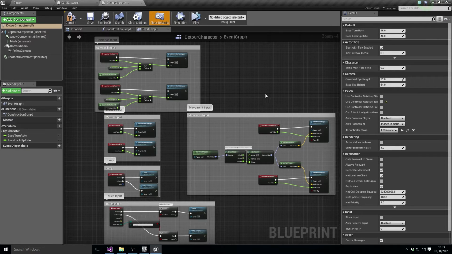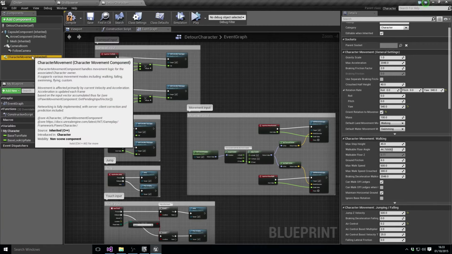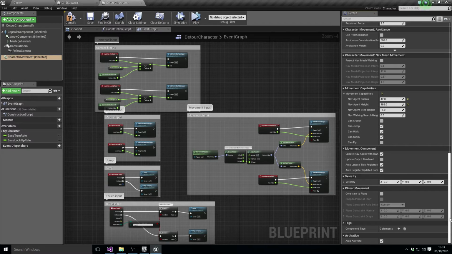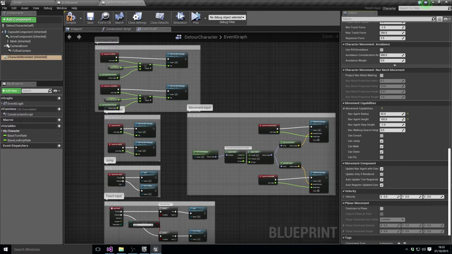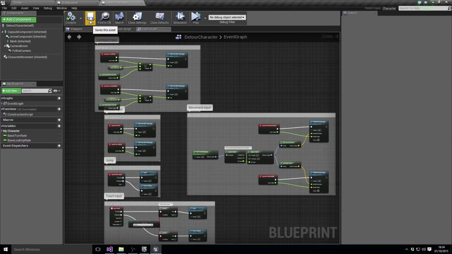Or rather, we do want it to just be a character, but we don't want it to have a character movement component. Where is it? In avoidance, we don't want it to have avoidance. Okay, that's good. So we're not going to switch on character avoidance for this guy,